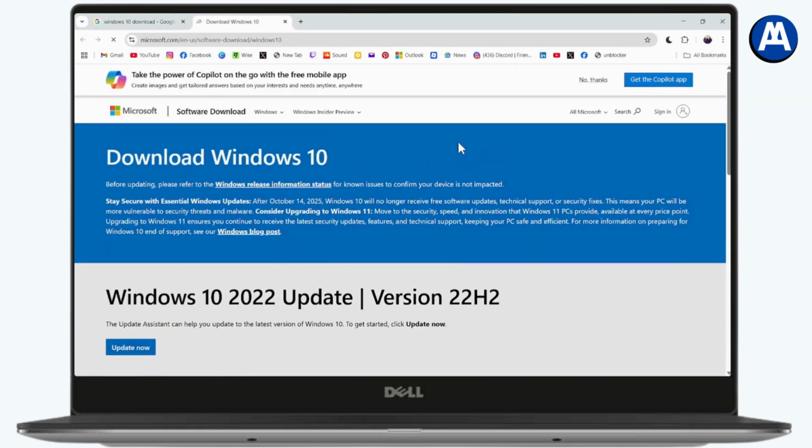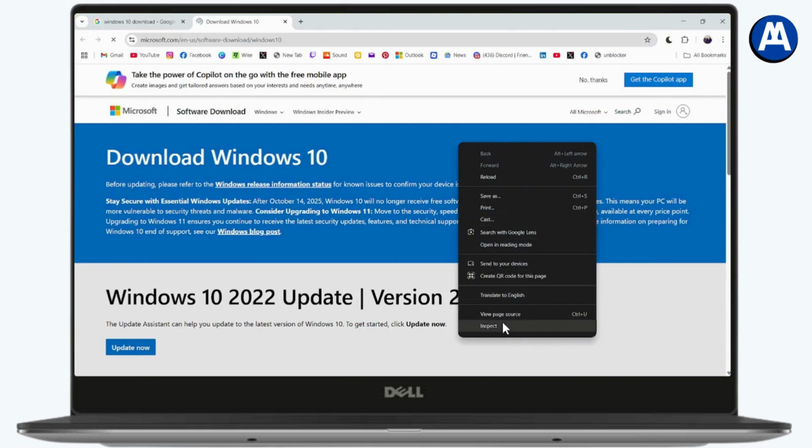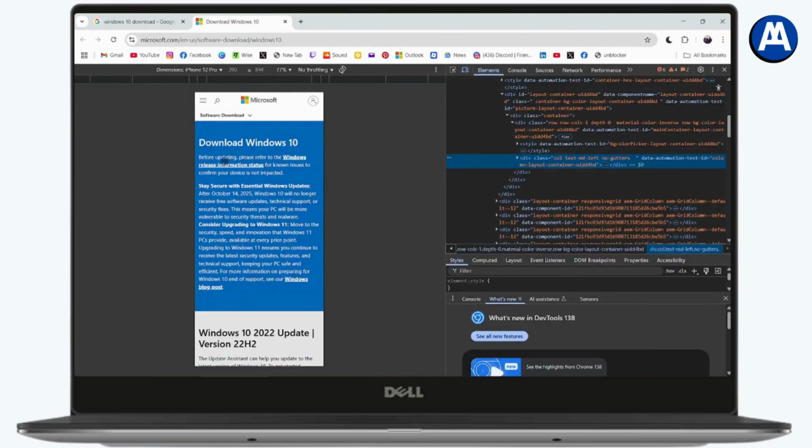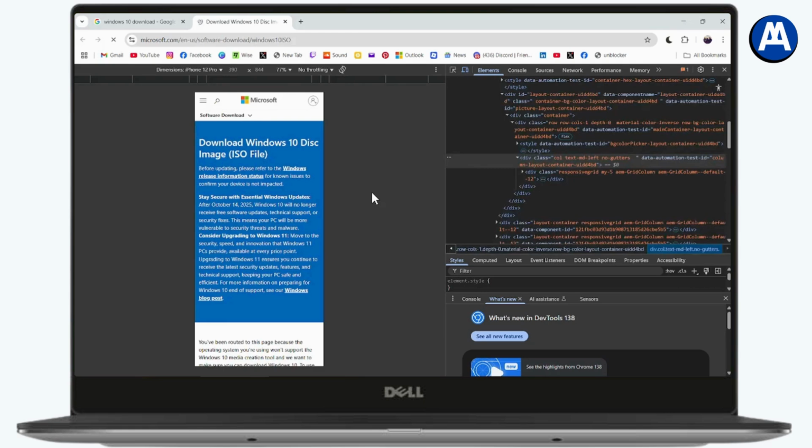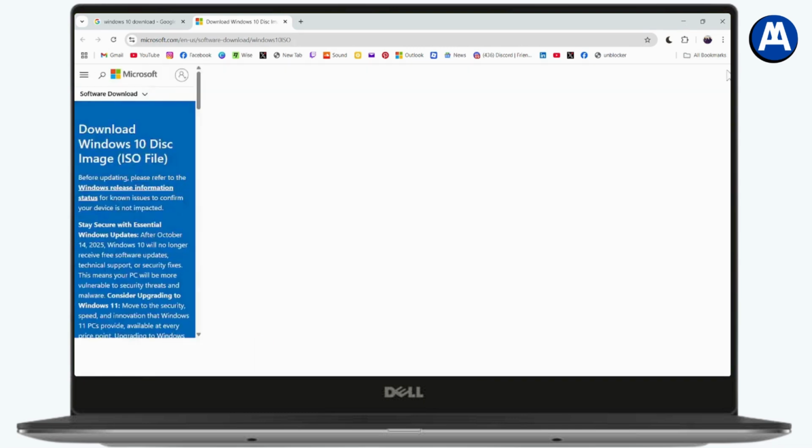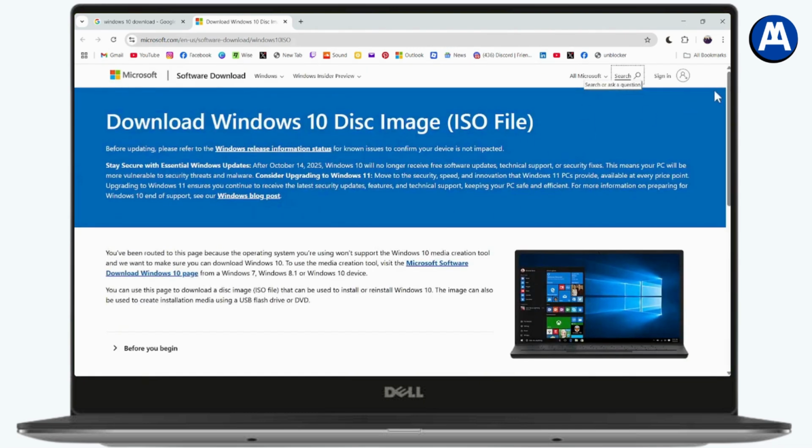Now you need to right click on a space and then go with inspect. Now, once you're on your mobile view, you just need to simply go and restart your browser. And as you can see, here you will have the Windows 10 disk image ISO file, right? Once you have your ISO file, now you need to just remove the inspect and